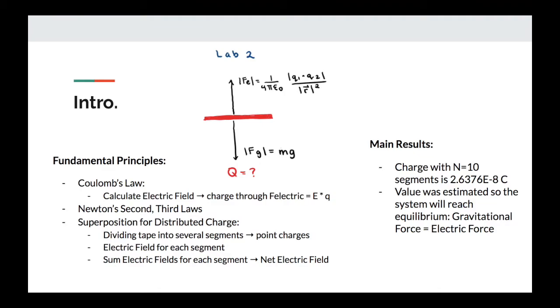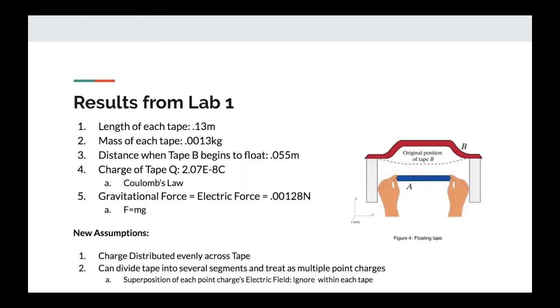The main result I found was that with n equals 10 segments, the charge of the tape was calculated to be 2.6376 times 10 to the negative 8 coulombs. This value was estimated using a computational model so that the system will reach equilibrium, where the gravitational force equals the electric force. Because this lab was essentially an extension of Lab 1, I used the measurements that I found